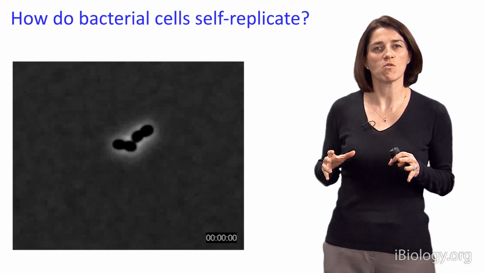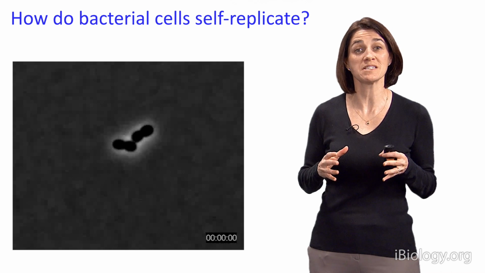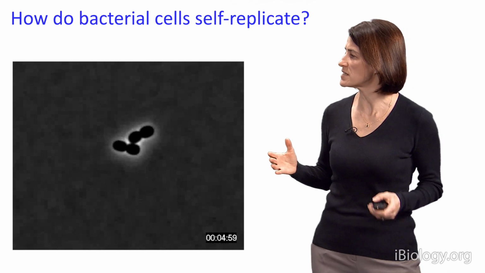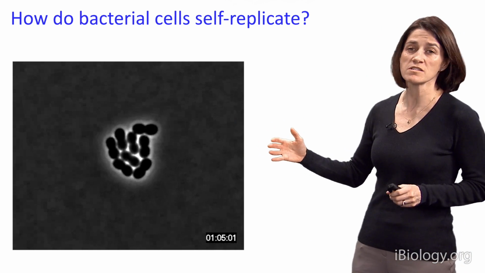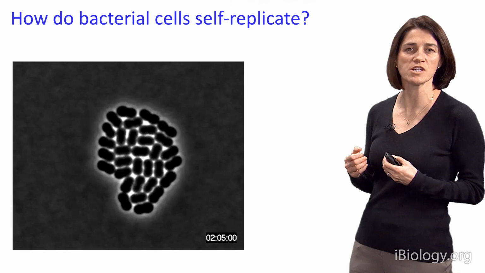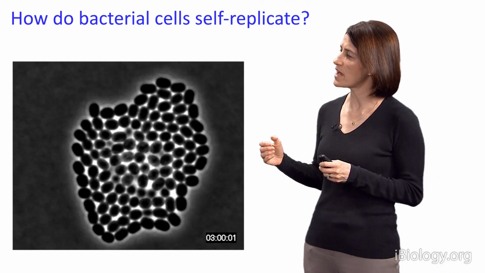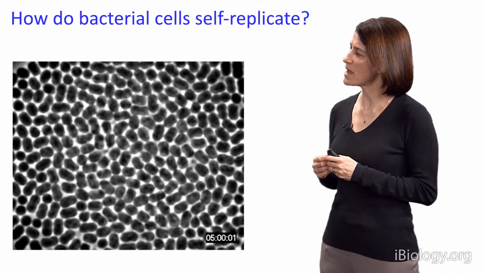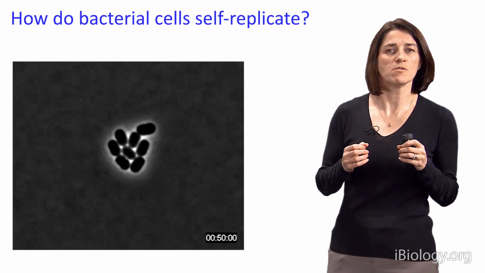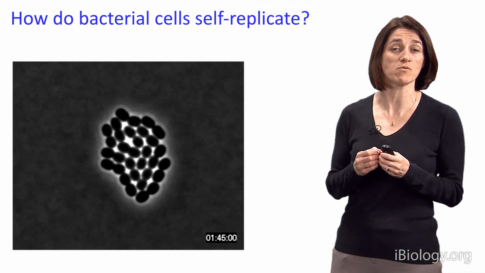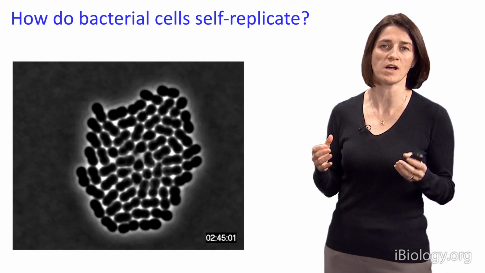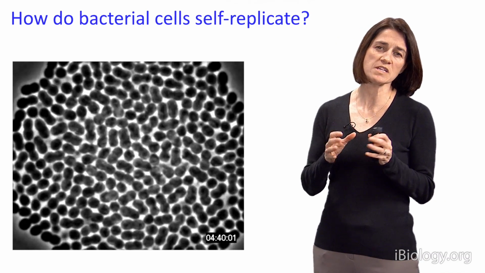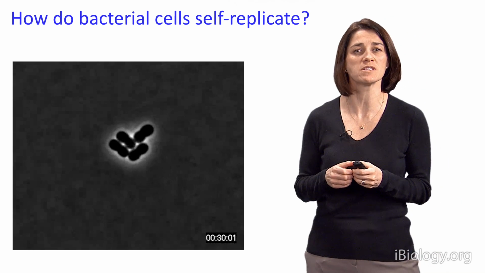Now, broadly speaking, what my lab is really interested in is understanding how bacterial cells self-replicate. As you probably know, and it's illustrated in this movie, bacterial cells, if they are put in the right growth condition, can proliferate at a remarkable pace, something that often we would like to control. And so my lab is really interested in understanding the molecular and physical mechanisms by which bacteria multiply at this fantastic pace. To do this, we address a lot of questions such as how do bacterial cells grow,